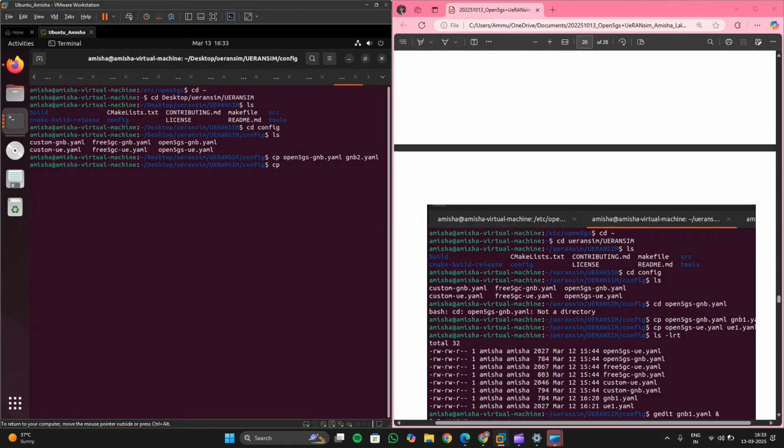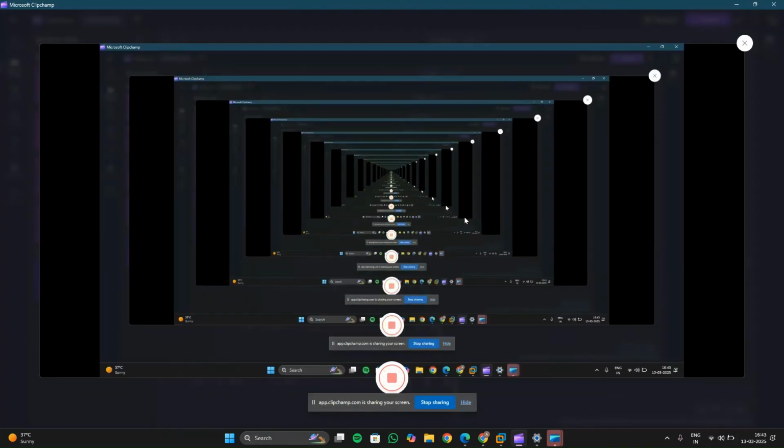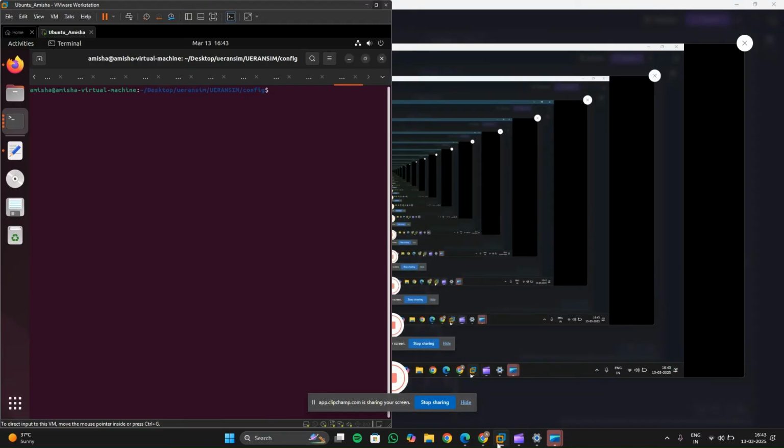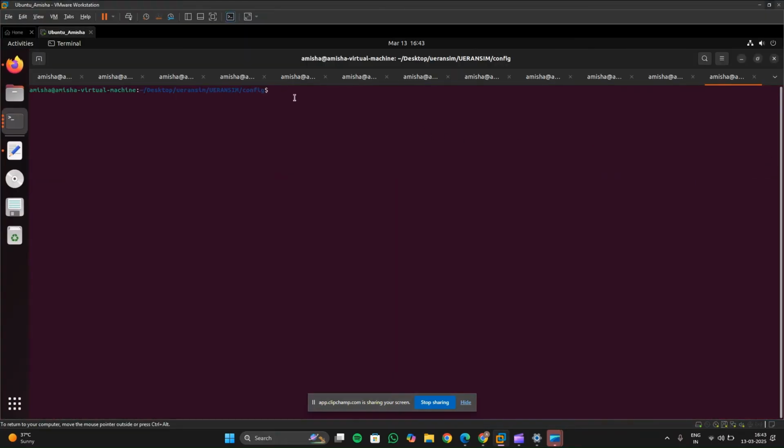and open5gs-ue.yaml, copy into ue2.yaml. Okay, so now we can view all the files, and here our gnb2 and ue2 files are created. So after creating our separate gNodeB and UE files, we now need to make a few changes to them. So I'll just open gedit